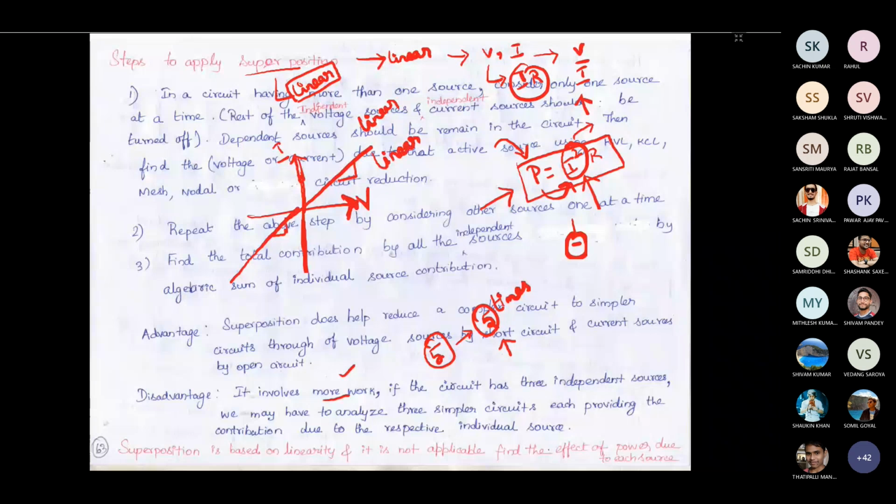Here, when the source is zero, your response should be zero. Let's say you have a resistor. If I apply 10 volt across this, and it is a 1 ohm resistor, I will get 10 ampere. If I apply 2 volt, I will get 2 ampere flowing through this path. If I apply 1 volt, I will get 1 ampere. If I apply minus 2 volt, then in the same current direction, I will get minus 2 ampere, right? So V is minus 2 volt, and my resistance is 1 ohm.